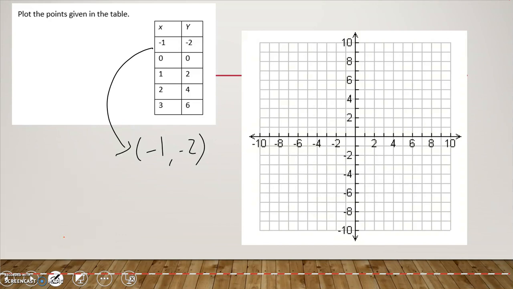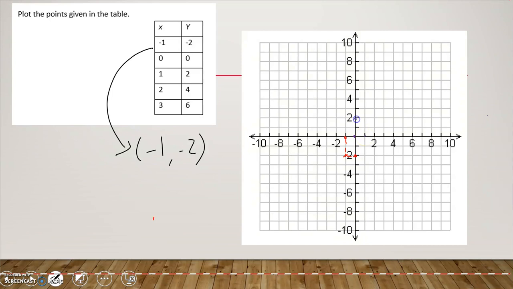So if I've got (-1, -2), that means I need to go to x is -1, make a dot, and then go to y is -2, and then I go out to where those 2 points meet. And that is my first ordered pair. My next ordered pair is (0, 0). Now this is a special point on our graph, so that is the origin, the middle of the graph. I'll mark that with a purple dot. The next point is (1, 2), so I need to go to x is 1